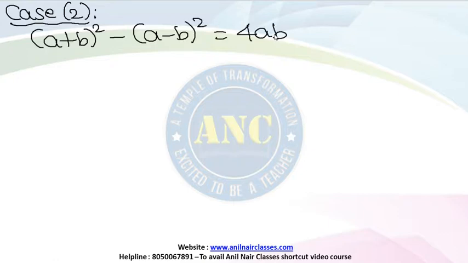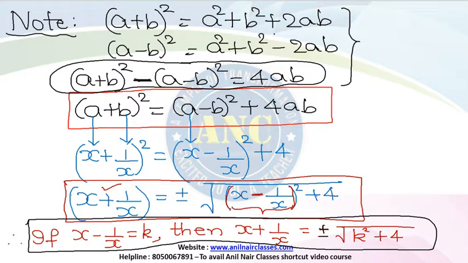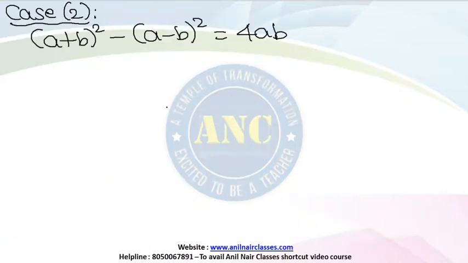Let me also write here case 1 so that you also understand that we are discussing two different cases. Case 1 is what I have discussed just now. I took a plus b whole square on the left hand side and a minus b whole square I shifted to the right hand side. Now I will keep a minus b whole square on one side and shift the other thing to the right hand side. That means a minus b whole square,